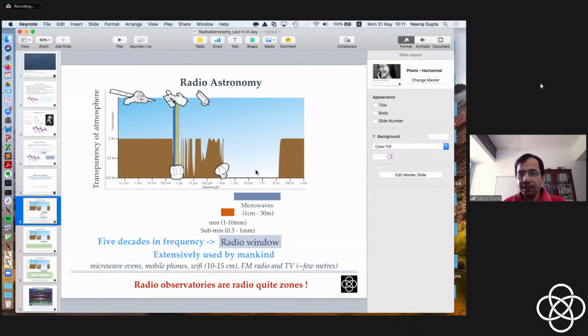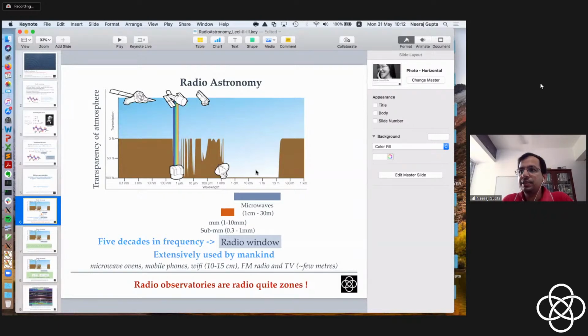We have Wi-Fi devices. We have FM radio and TV transmitters. Right? They are all around us, and all of these devices actually emit at radio wavelengths. So that's a very important thing: the signal that we are trying to receive from astrophysical objects in the sky is very, very faint. And on the ground we have surrounded ourselves with all these